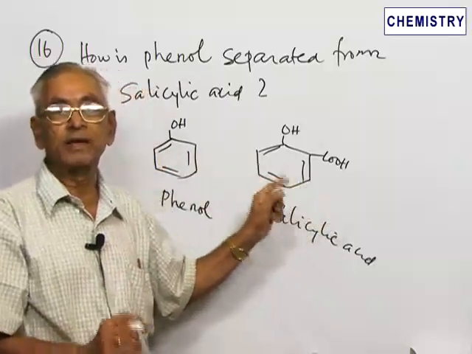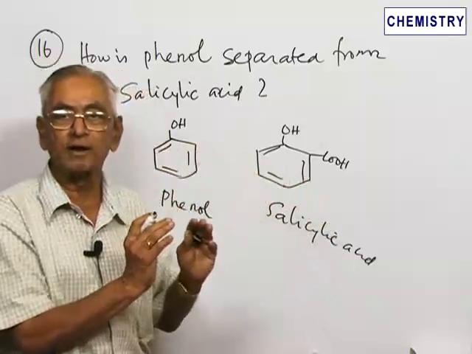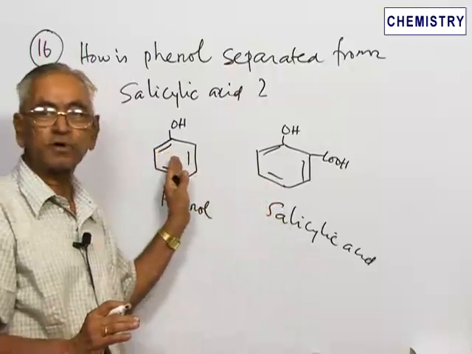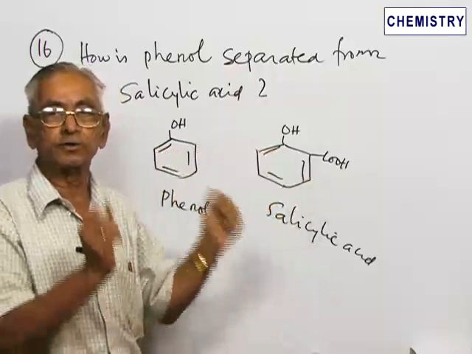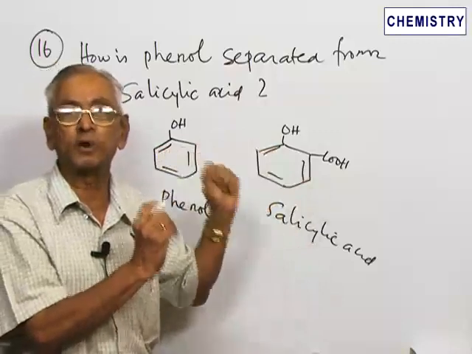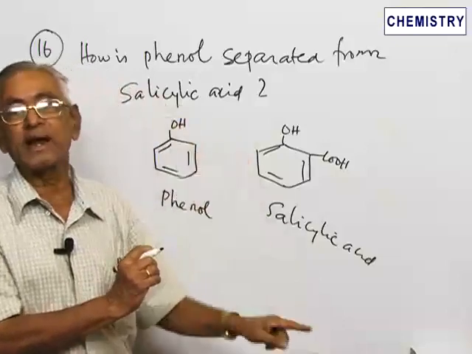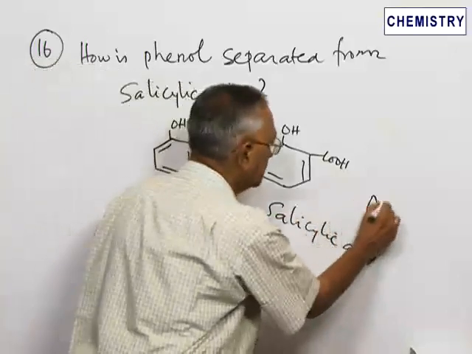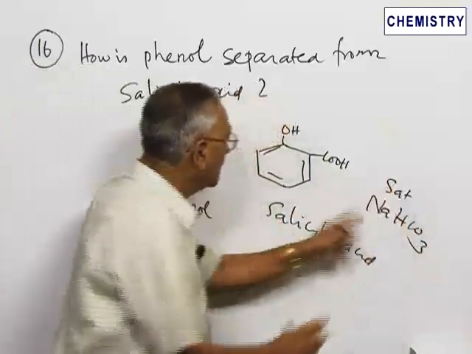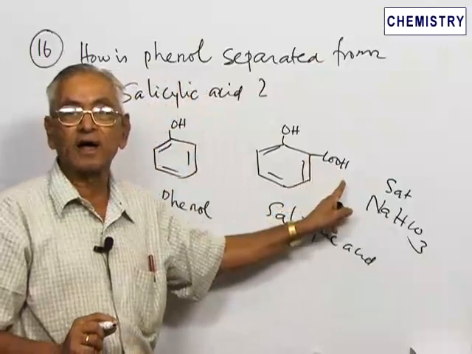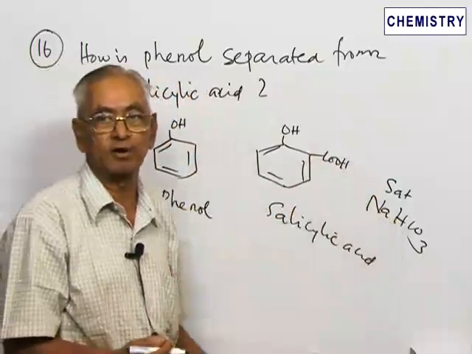Whereas first, the entire mixture is dissolved in ether. Phenol is also soluble in ether and salicylic acid is also soluble in ether, so it is shaken up and forms a clear solution. To the ether solution, when you add a saturated solution of sodium bicarbonate, it will react only with this, because acids are reacted by the sodium bicarbonate solution, it will form the sodium salt.